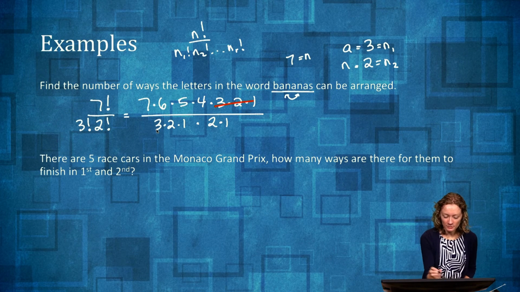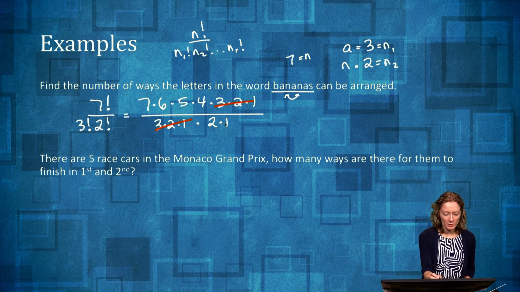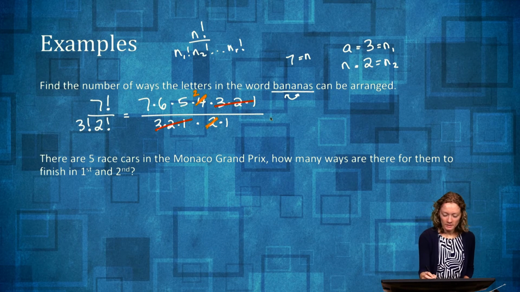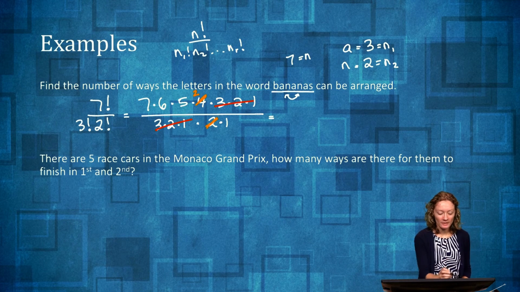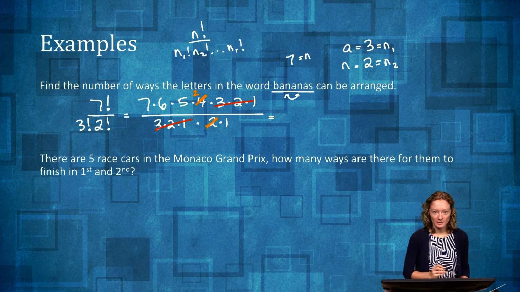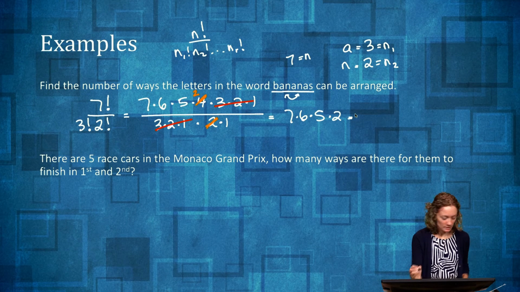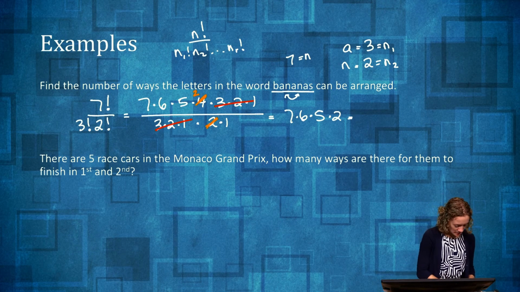We've got a 3, 2, 1 and a 3, 2, 1 top and bottom. And then the 1 doesn't really do anything, so it doesn't matter. The 2, I'm going to simplify with the 4 to give me 2. This is me doing it by hand. You are more than welcome to just type 7 factorial over 3 factorial, 2 factorial, and get your answer. Leaving 7 times 6 times 5, and then times 2. This one we'll type in, 7652 gives us